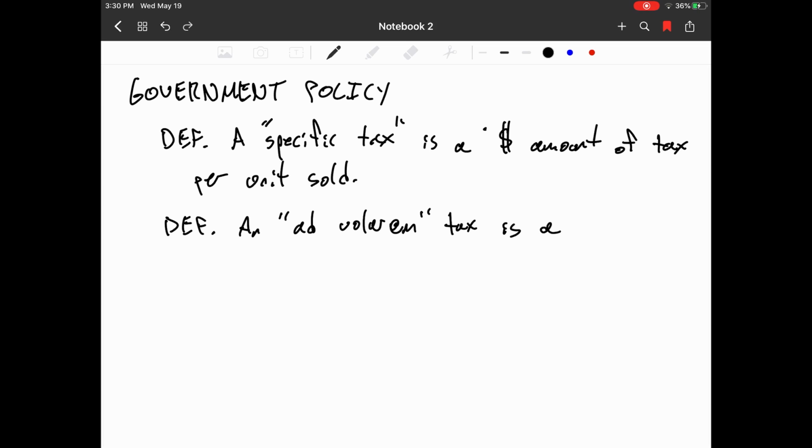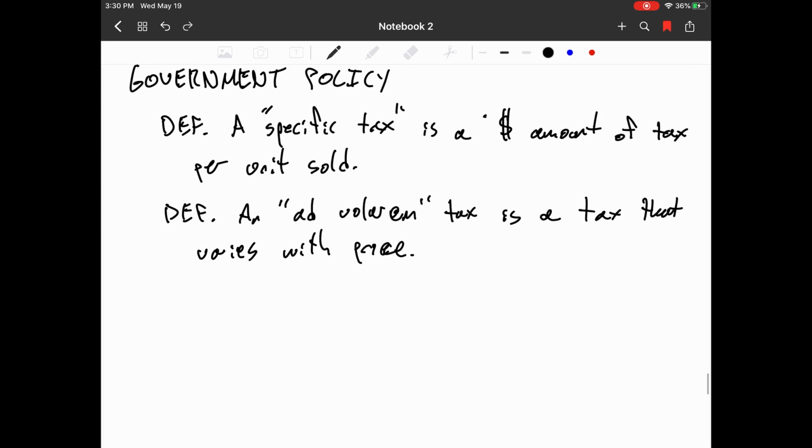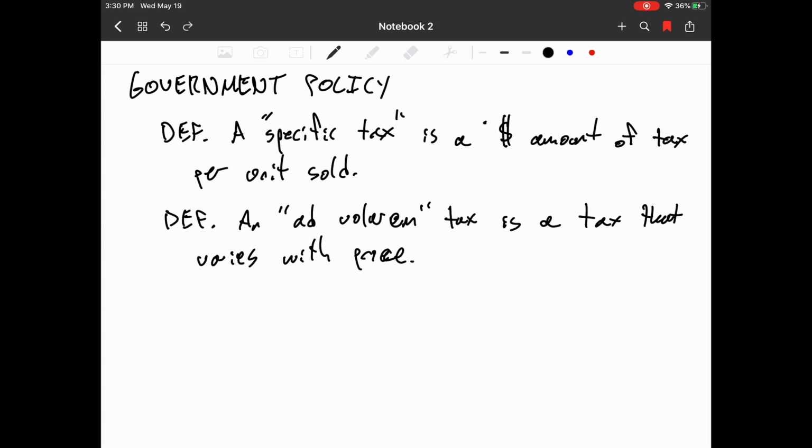It's a tax that varies with price. There's a pretty good example of what we're going to do, but with an ad valorem tax, and you can find it in the textbook. But here,